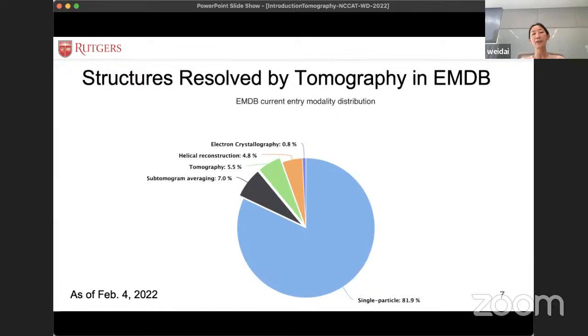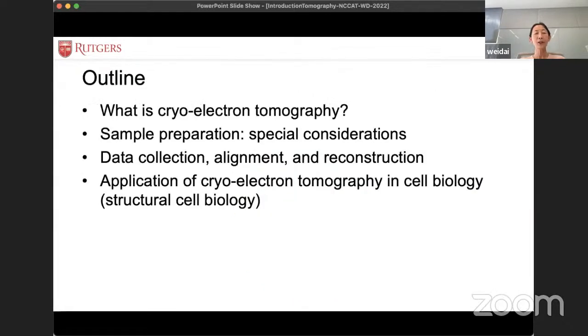I hope by the end of the lecture, we can have a discussion. Why? What is the limiting factor in cryo-electron tomography? Okay, so today I'm going to, first of all, use a couple of slides to summarize or introduce what is cryo-electron